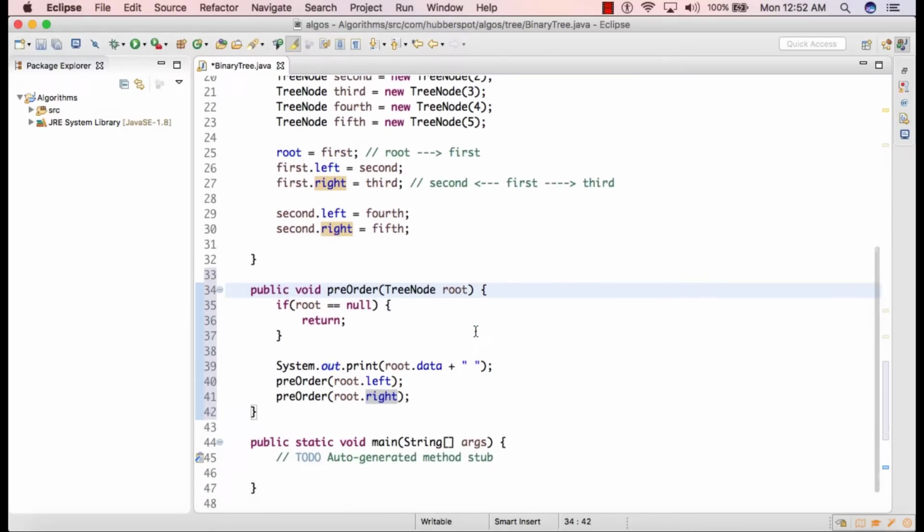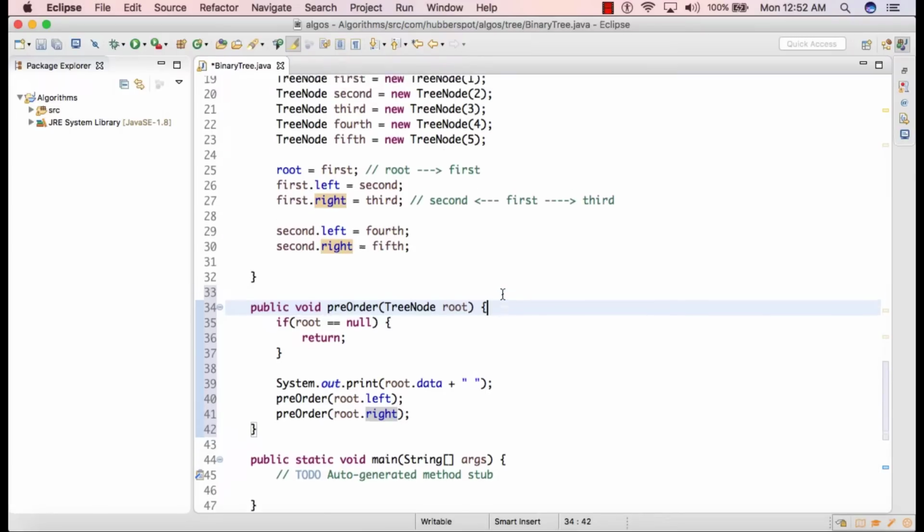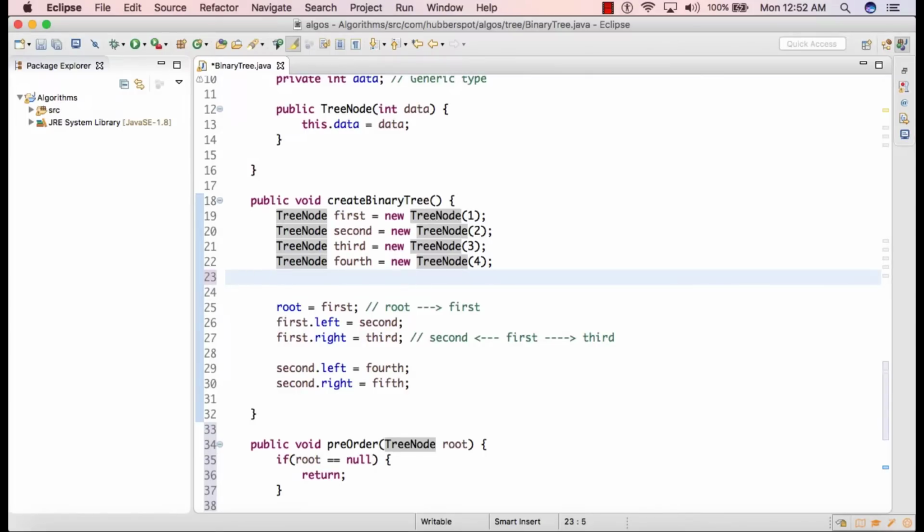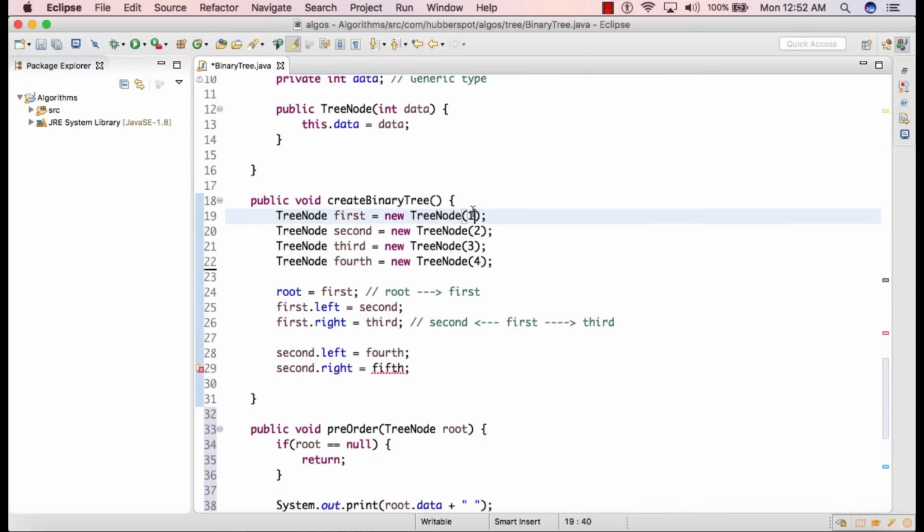Now let's test its working in the main method. First we'll create a binary tree which we saw in the slide. I had created a few nodes, so I'll just remove one of the nodes, and I'll give the data which we saw in the slide as 9, 2, 3 and 4. We also saw that root was pointing to 9, 9's left was 2, and 9's right was holding a node having the data 3.